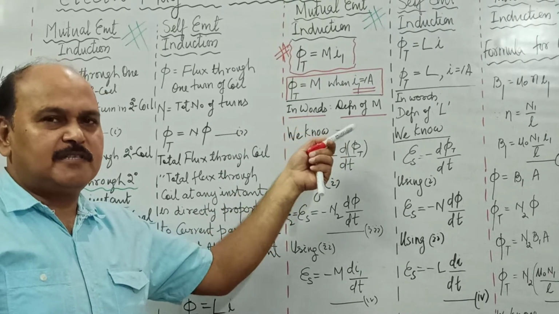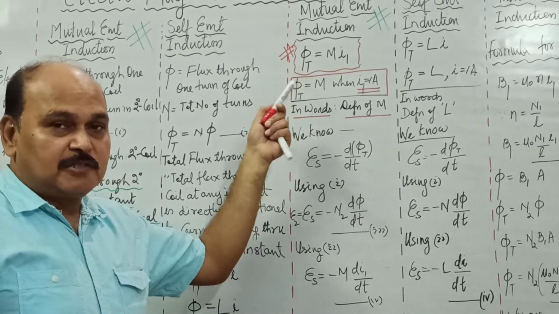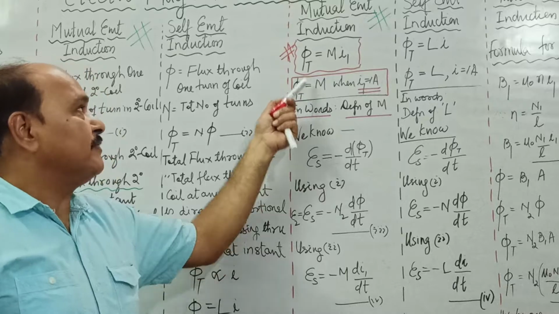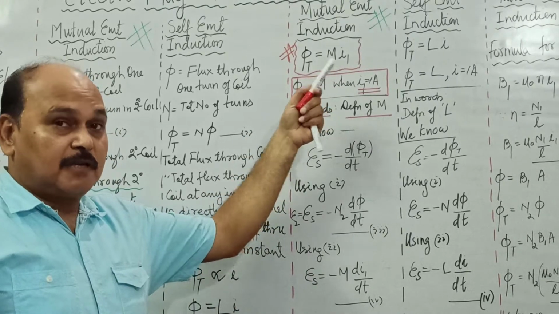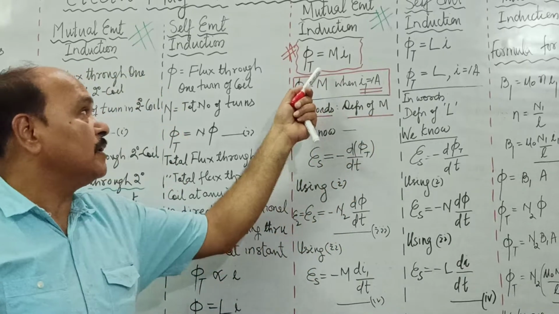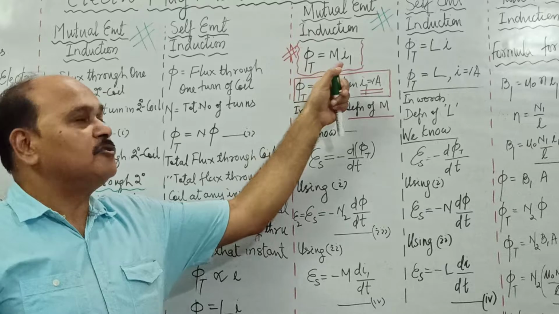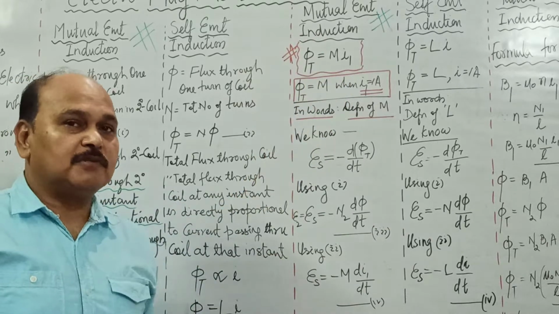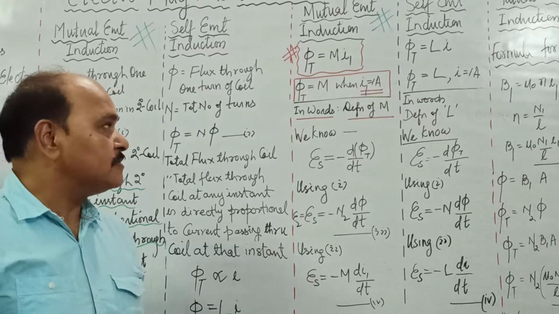So it is very, very simple. You need to understand it, and if you are able to write this in words, which is not difficult at all, you have the definition of M. And this formula is also very, very important. There are questions asked on this formula, and questions are mostly formula based. Out of 3 quantities, only 2 are given, and you are supposed to find the third one. Very, very simple. Zero level numericals.